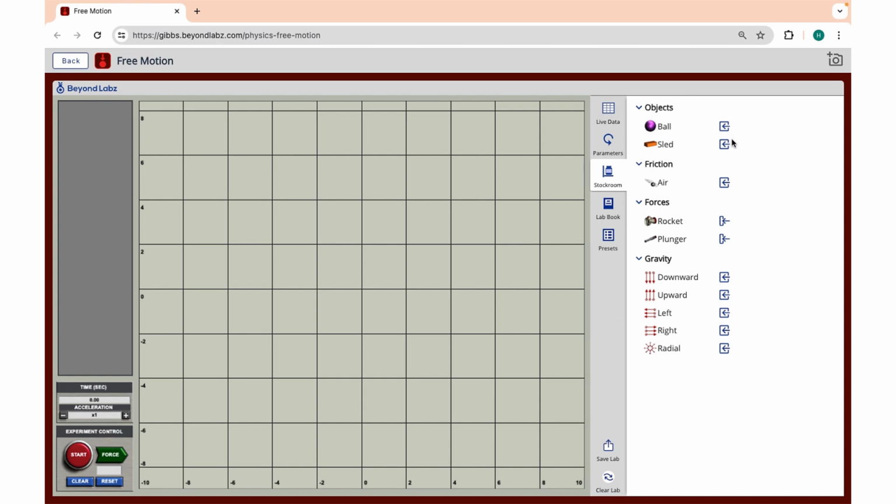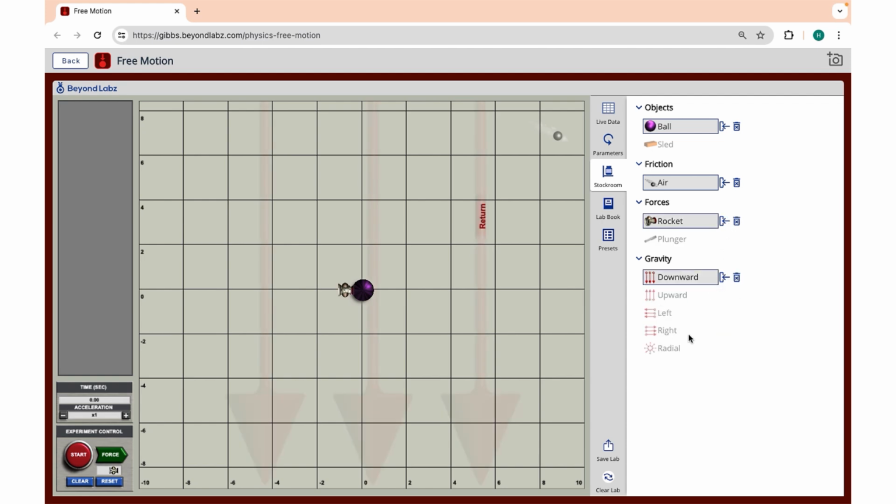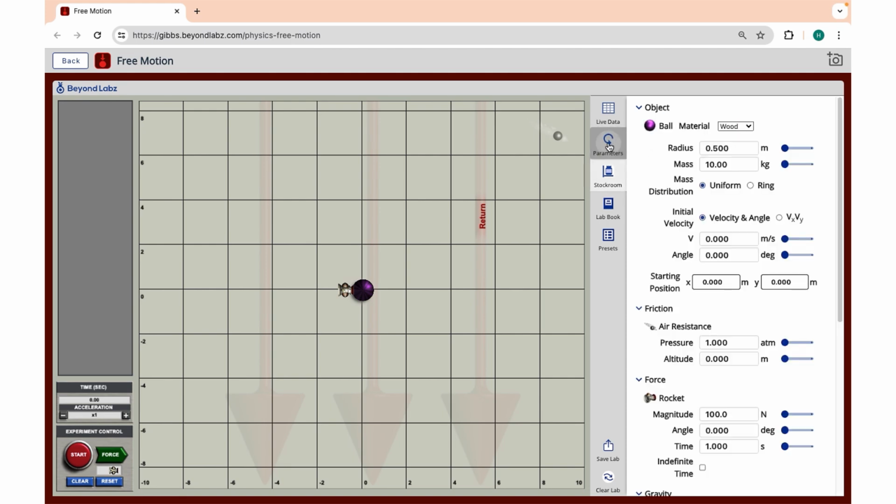in space. Then if you add an object, you can either add the brick or the block or the sled or the ball. Say I start with the ball, and then you can add any other things that you may want out there. You can add any gravity you want, right? Gravity is just a force, so you can make the force be in any direction you want. And then go in the parameters menu, and there you can change any properties of that ball you may want